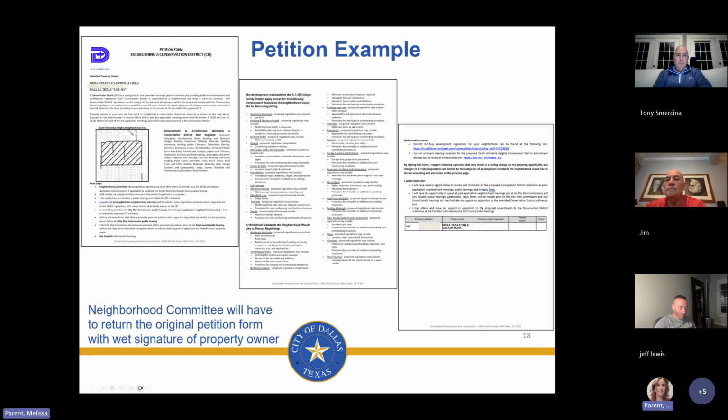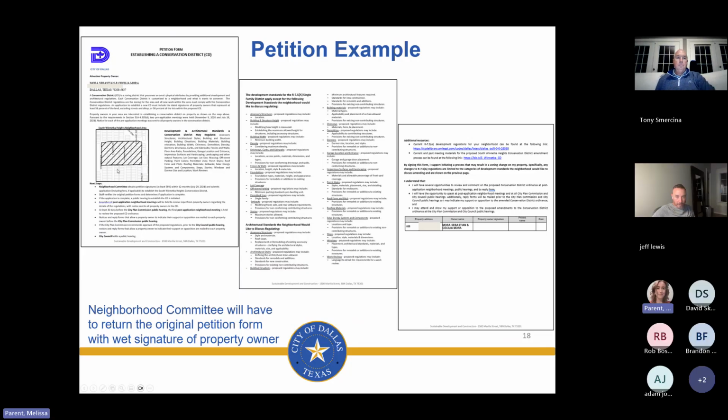So here's the full petition. When we eventually provide these to you guys, it'll have a little map of the neighborhood and why you guys are here and sort of the details. It'll have the finalized petition items that you guys choose, and it will have the signature page, and this will be printed on blue paper. We have to have the original signature page with a wet signature on it returned. We cannot